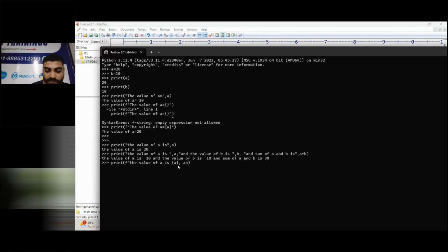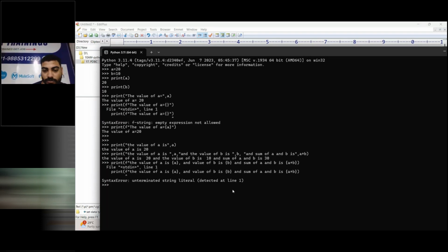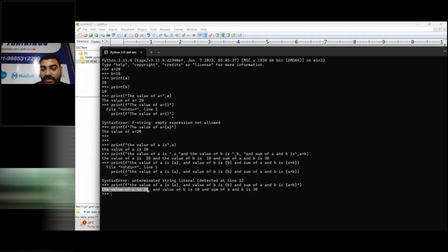The value of b is inside of this, and the sum of a and b is, in curly braces, a plus b. Okay, we have to close it. What we are getting, the value of a is 20, same thing we are getting.